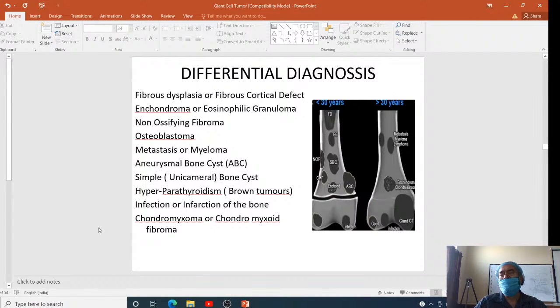All of you should know that just by looking at an X-ray or something like that, you are not supposed to make a diagnosis of GCT till the biopsy report is on your table. Okay. So these are some of the